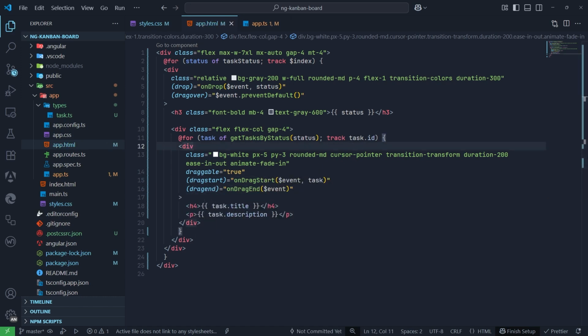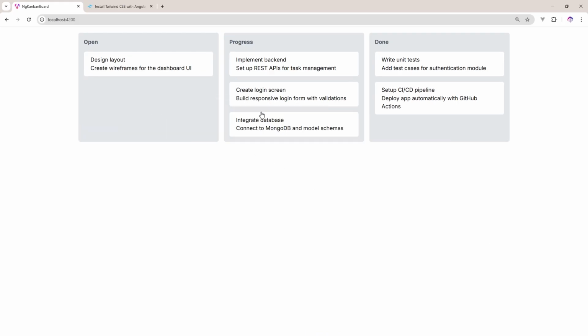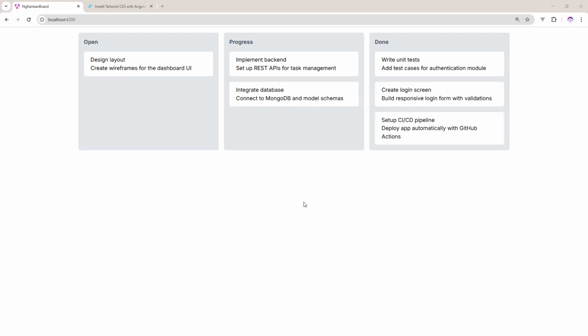Now let's see. Perfect. It's working. Okay. That's how you create a fully working drag and drop Kanban board using Angular